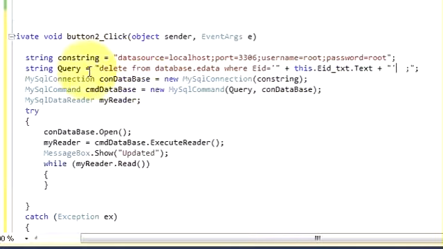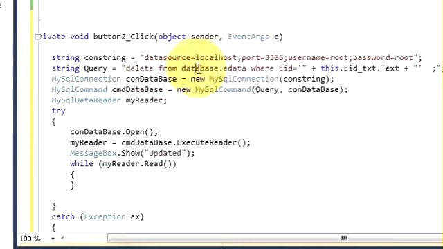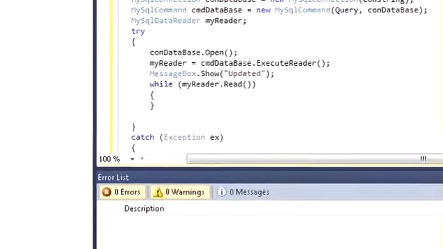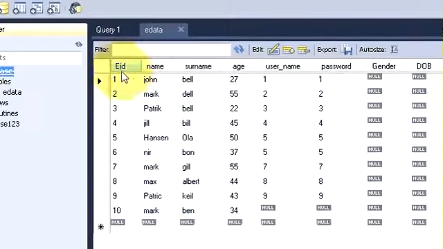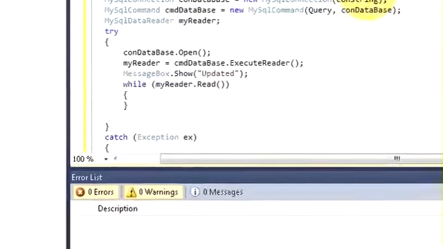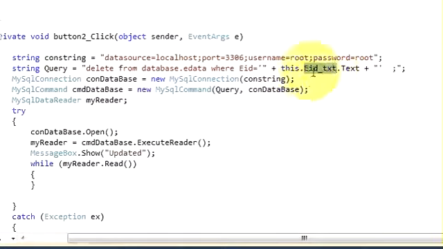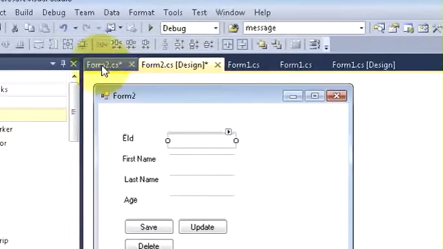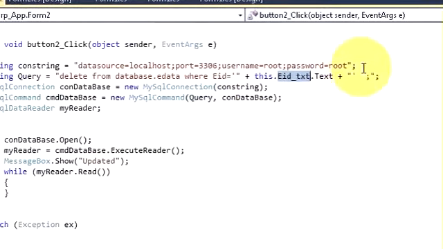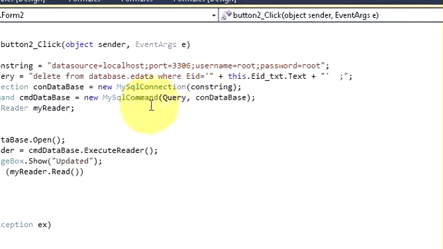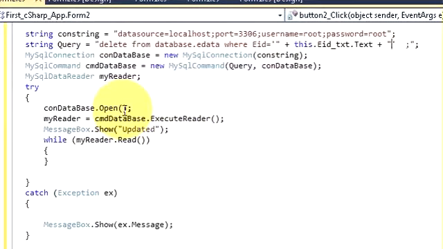We just need to pass this query: delete from your database name dot edata, where your EID, which is my column name of employee ID, is equal to single quote, double quote, plus sign, and in between you will pass the text box name of employee ID dot text, then double quote close and single quote close. So just copy this code.